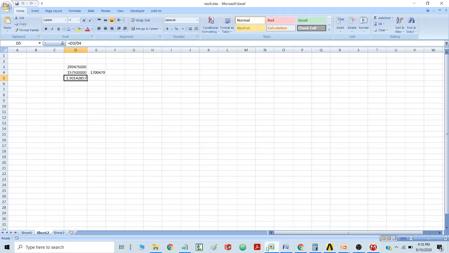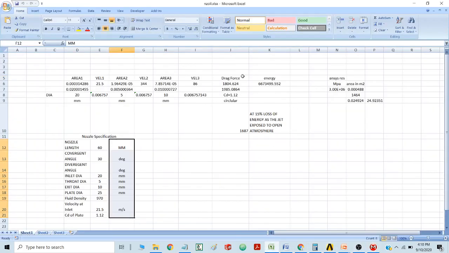Now if I look at some other calculations, like the forces acting on the body, that is on the plate. By the calculation done by ANSYS, the pressure acting on the body is 3 to the power of 6 Pascal, and multiplying it with the area of that particular plate, it comes to about 1464 Newton.